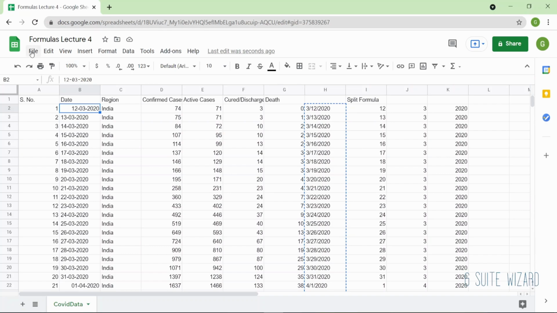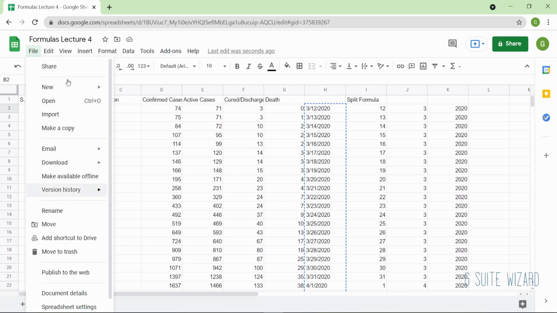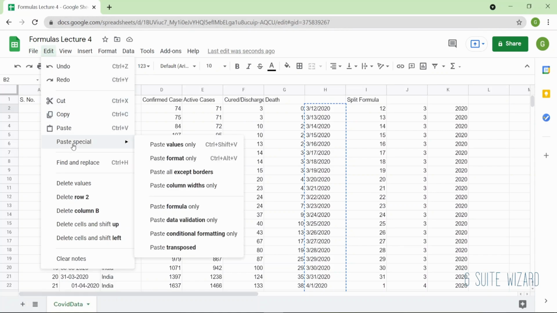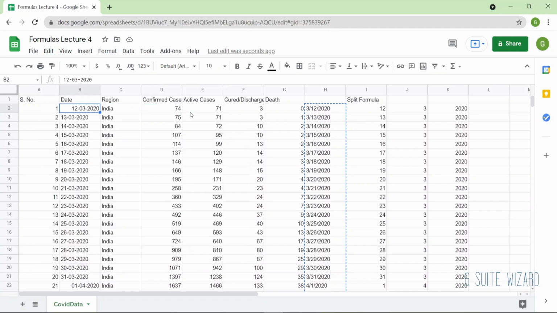There's a button. If you go over here and you paste special, you can see that there's a paste special option that we can use. In this, there's a paste values only. What it does is it will copy the values that you can see and not the formula that was there, right? So I can either click on it over here, or else I can also use the shortcut that was provided, Control Shift V. I'll just use the Control Shift V button.